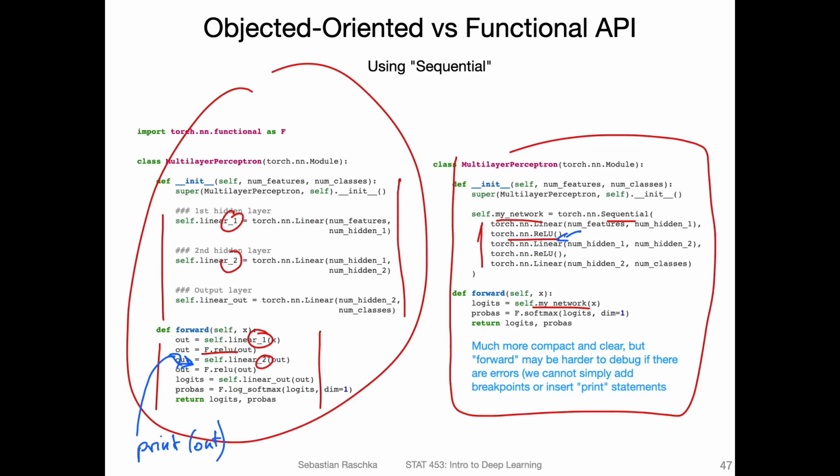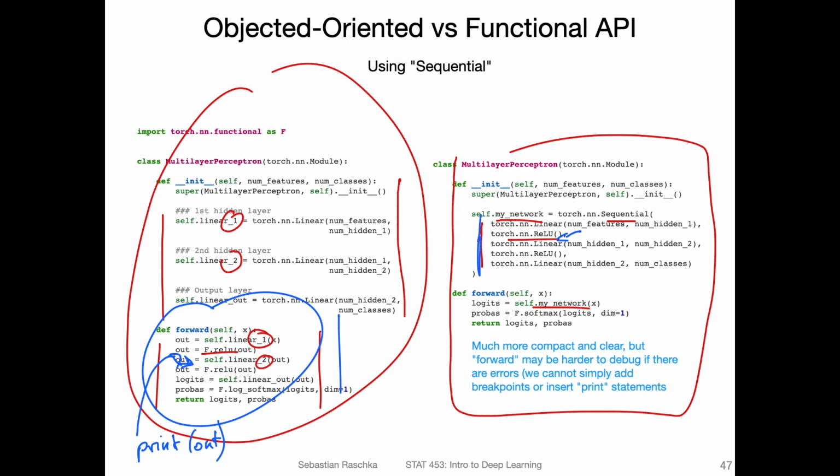In some ways, it might be easier to do it like this, where we can just play around with it more. However, like I said, if you have a very large network with like 28 layers, it's also easier to make a mistake here, to somehow have some repetition or things like that. If you define it in order and it gets executed in the same order you define it, it's harder to make mistakes. So you have to decide for yourself which API you prefer. It's really up to you. There's no right or wrong. Both work the same way. It's just a matter of taste.